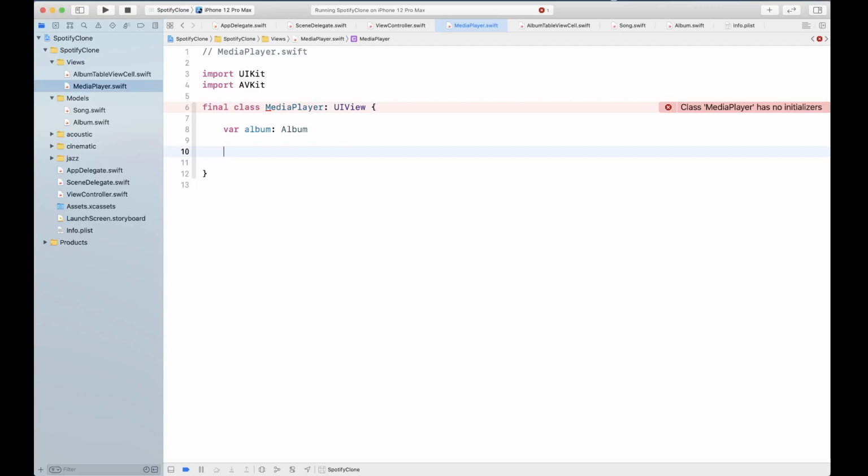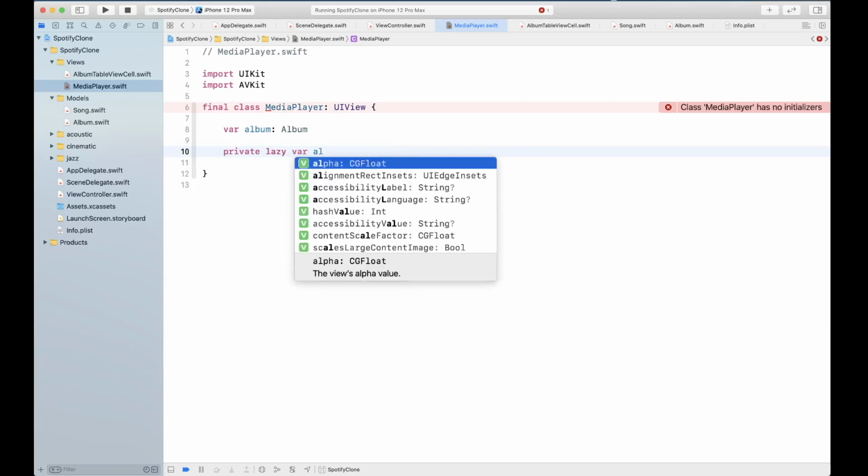Then below album cover, you can have a progress bar. Then you can have previous, play, pause, next buttons, and then you can have your time labels, elapsed time, remaining time. You're gonna display your song name, artist name. So all these controls we can actually create first. So let's go ahead and create those controls. So private lazy var album name,